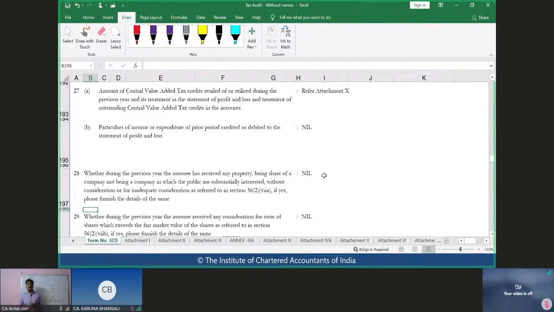So what are the bases which the management has considered? That means management would have considered all the requirements of the Income Tax Act or the laws or the rules or the circulars, notices or these ICDS. All of these they will have to specify very clearly in their representation letter.